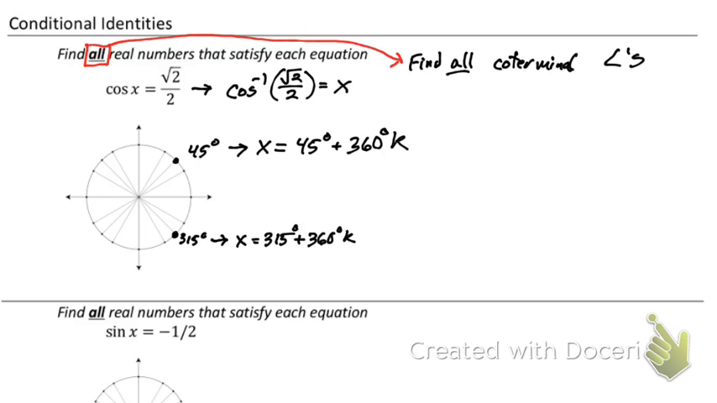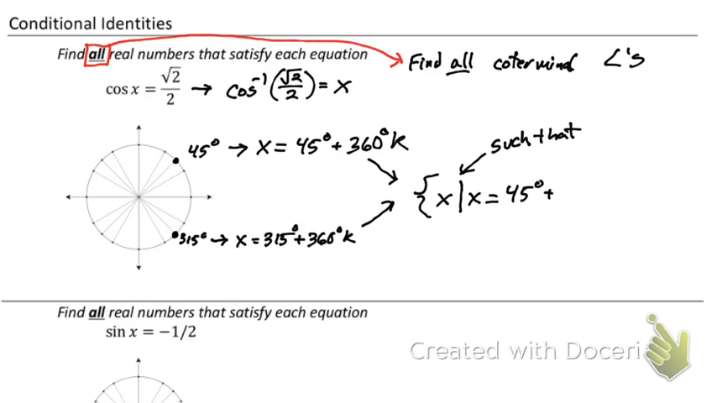Now we're going to write both of those in. Isabel, can you pull up? Thanks. We're going to put all those into one function, and this is going to be called set builder notation. Set builder notation opens with a brace, and it says for any x, and then you put a vertical line. That vertical line just stands for such that. So what we have right now is x such that x equals 45 plus 360k,